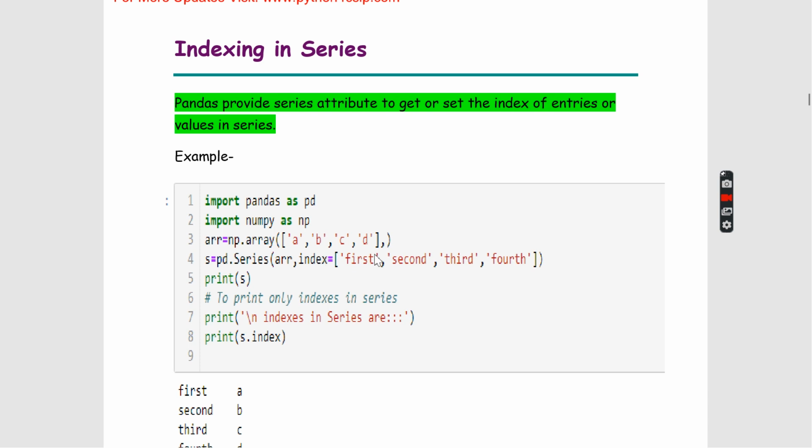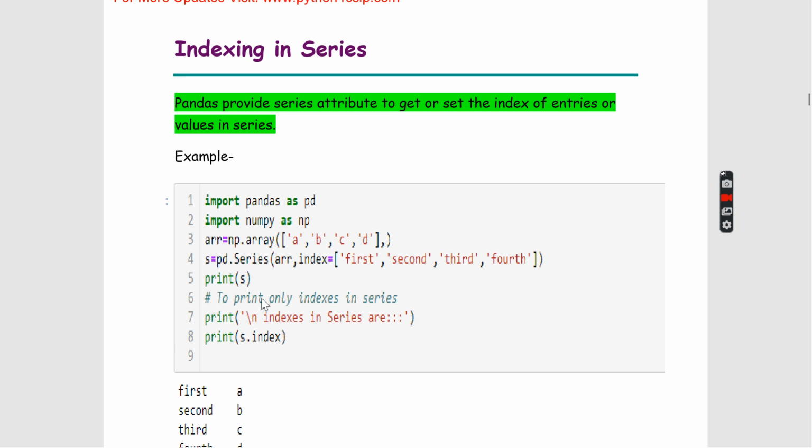Automatically the system will create an index from 0 and go on, according to the number of items. But here the index is now passed by the programmer itself. Whatever index you give inside double quotes or single quotes will be taken as the index, and it will be arranged according to the array items.